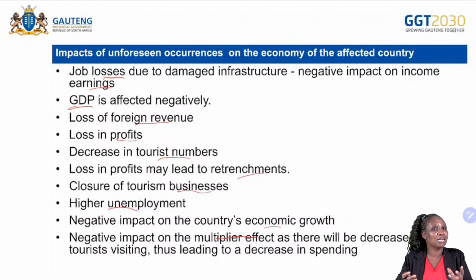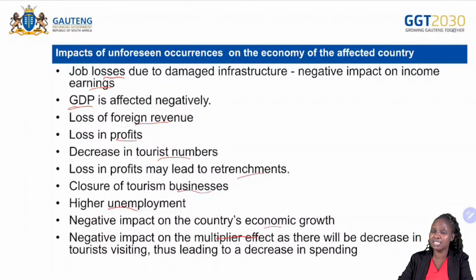And then that money that is being taxed is going to improve infrastructure. Therefore, we will all benefit indirectly. Some people benefit directly, and some people benefit indirectly because we'll all use those roads. Okay? All right. And then, as there are no tourists coming into the country, there will be a decrease in spending. Because when tourists come to the country, we want them to spend.